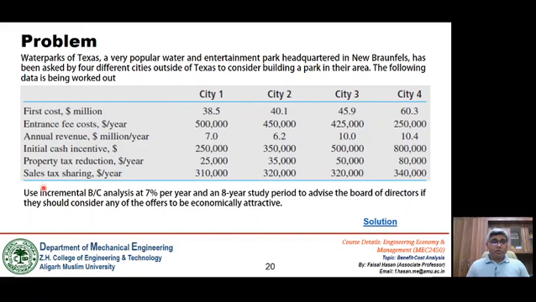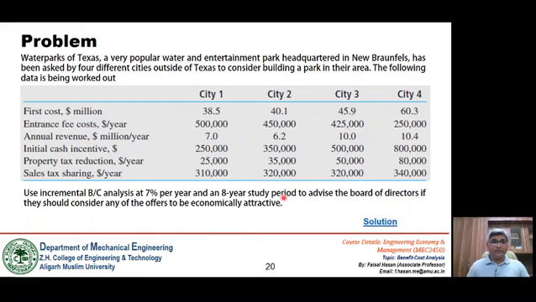Again, B by C analysis is to be used to find out which is the best city for which this project can be installed, and the interest rate is given as 7% per year and the study period is given as